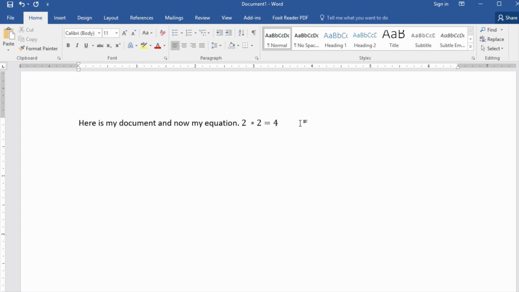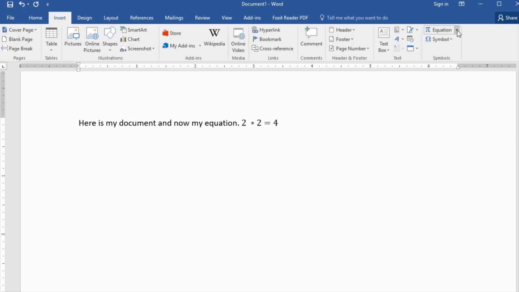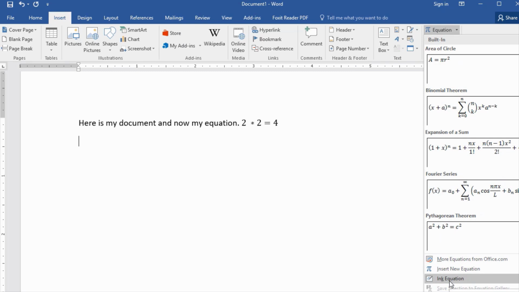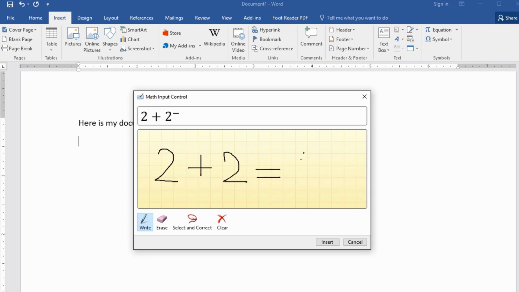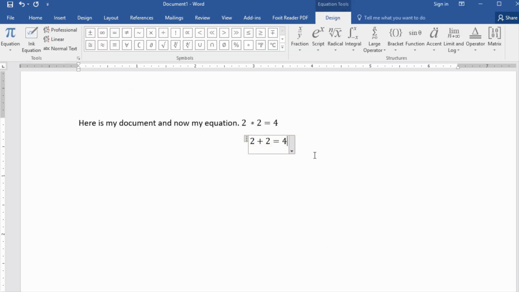Now another cool tool that you can use, you can go here under Insert and then choose Equation, and then you can actually take this ink equation where you can draw with a mouse on the screen, or if you have a touch screen, you can use your finger here, and you can basically write your formula just like that. And then if you're happy with it, notice how it's going to convert it here. You click on Insert,